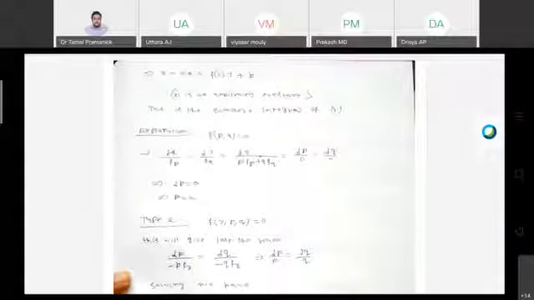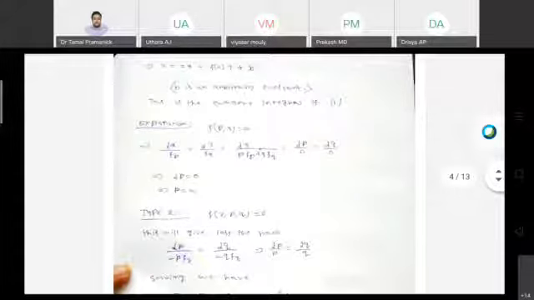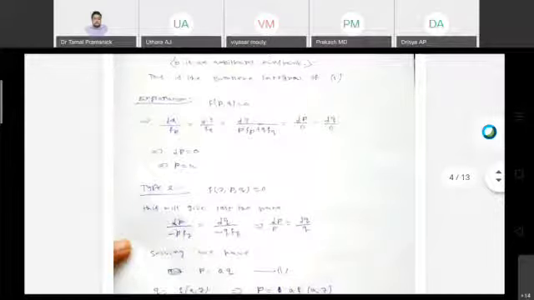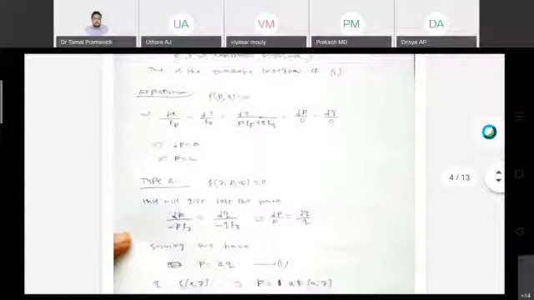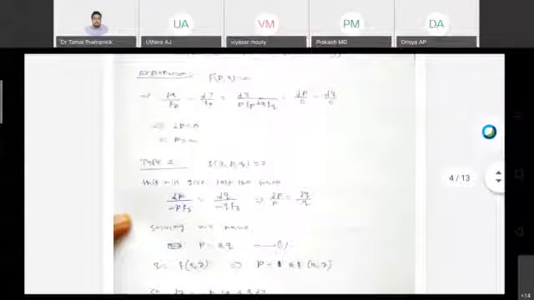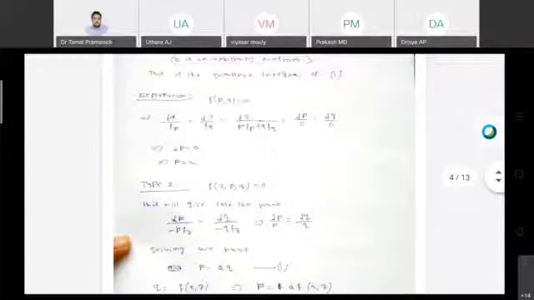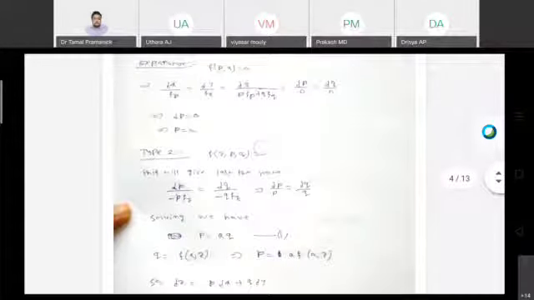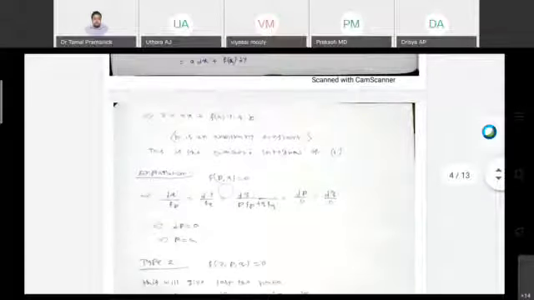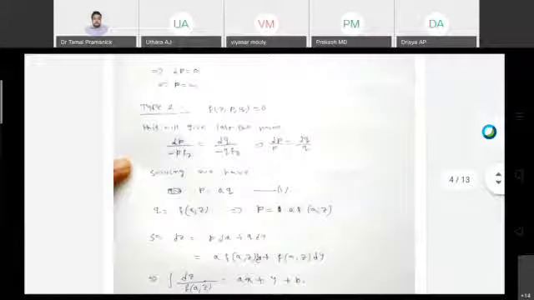I have explained this: after getting all these calculations, dx by f_p, dy by f_q, and dp by, if you equate with anything it will come dp equal to 0, because of the 0, so p equal to a. Similarly dq equal to 0. After getting the value of a, if you put it in the equation f of p, q equal to 0, you will get q in terms of f(a), like that.